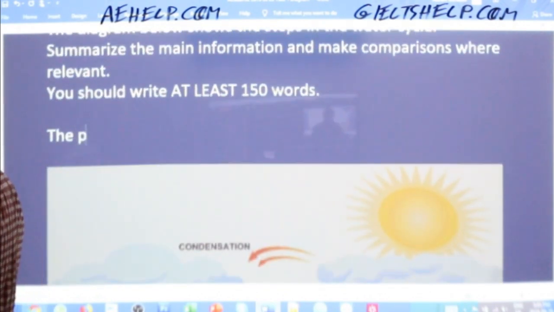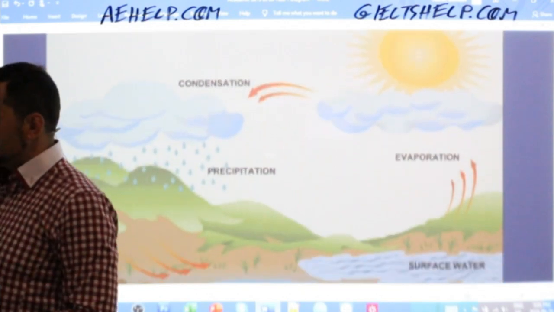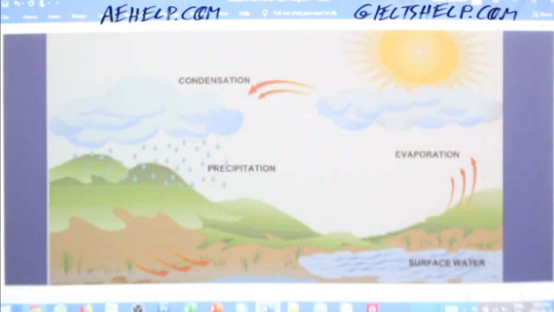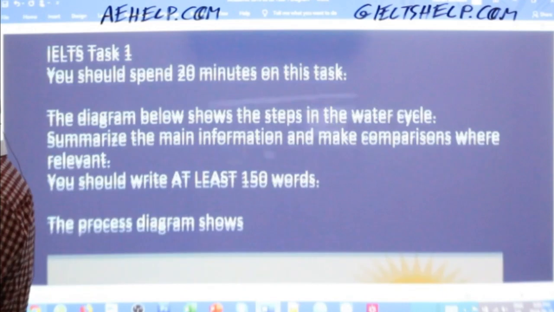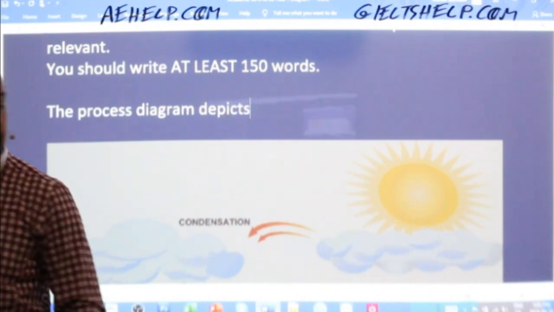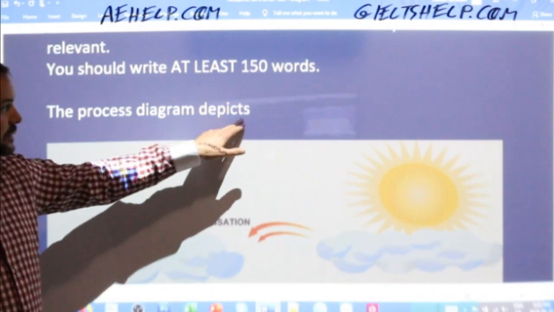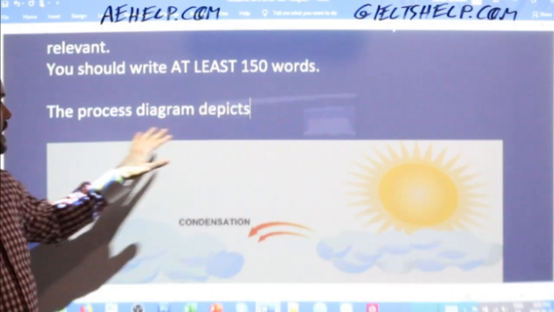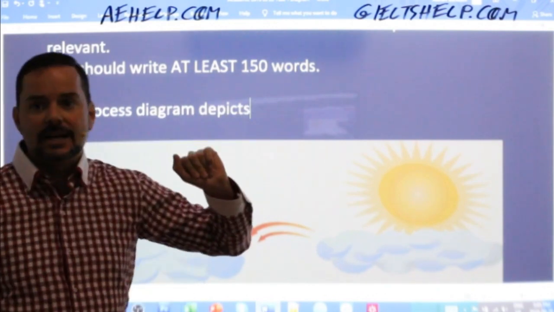So the process diagram shows, what does it show? So the process diagram shows or depicts. Let's use a different word than the question. The question says shows, so let's say depicts. Depicts is a very good word because it includes the idea of picture. Okay, so de meaning out and pict, like picture. Okay, so the process diagram depicts